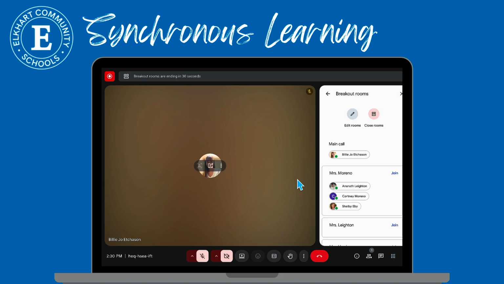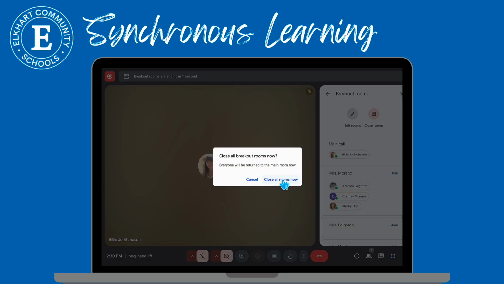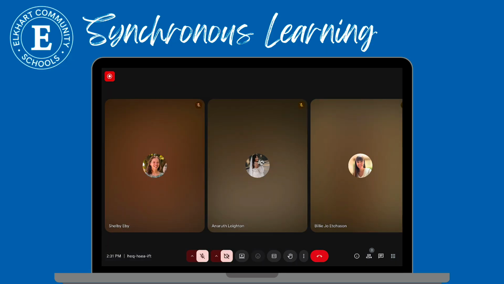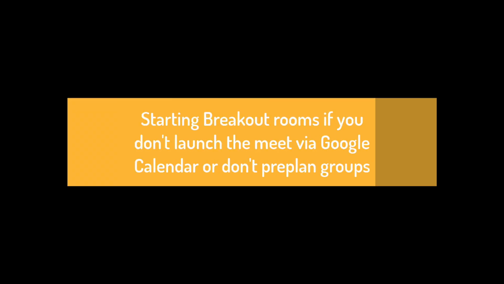Confirm Close All Rooms, and a countdown from 30 seconds will begin. You can tap Close Rooms again to close rooms before the 30-second timer ends, and all participants will be returned to the main room. If you join the Google Meet via a link or meet.google.com, or you do not pre-plan